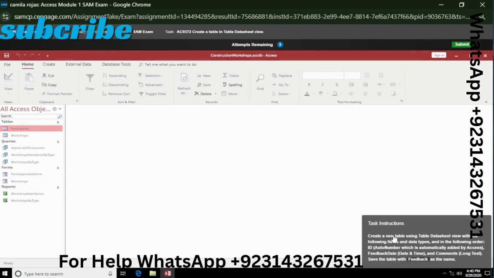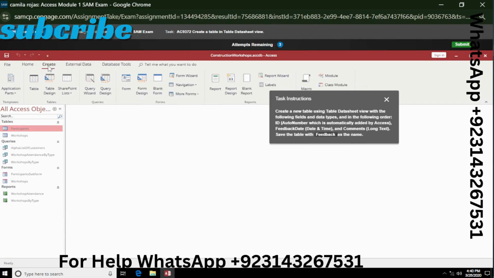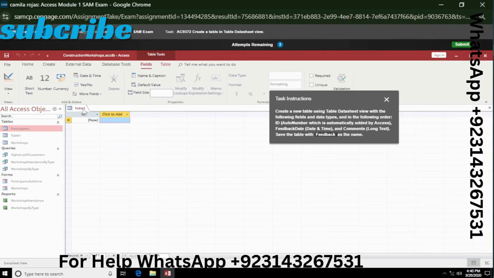Our task 12 is create a new table using the table datasheet view. So click on create and click on table, and now add data types in the following order. ID is automatically added by Access, and we need to add a second field name, which is feedback date, and this data type is date and time. Select date and time, and now the field name is feedback